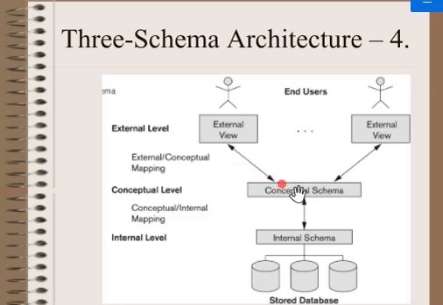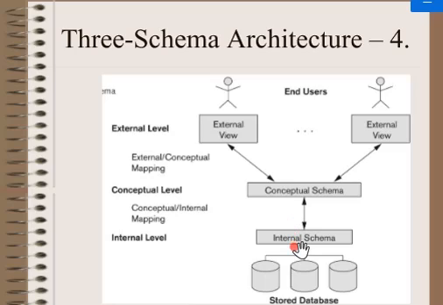But when you come to the conceptual schema and internal schema, there is exactly one; it will not be multiple. Hence the DBMS must transform a request specified on an external schema into a request against the conceptual schema, and then into a request on the internal schema, for processing over the stored database.